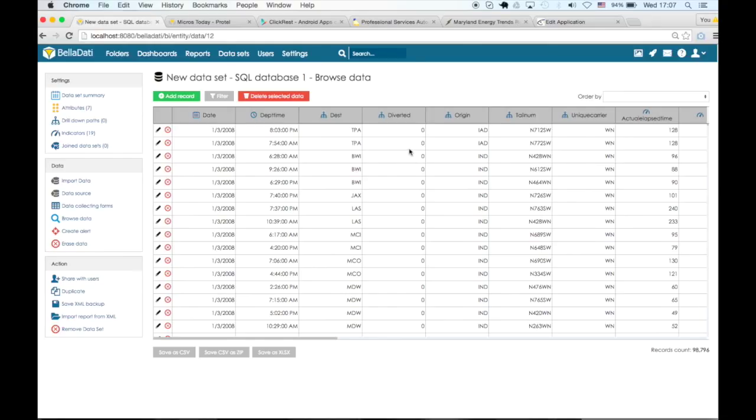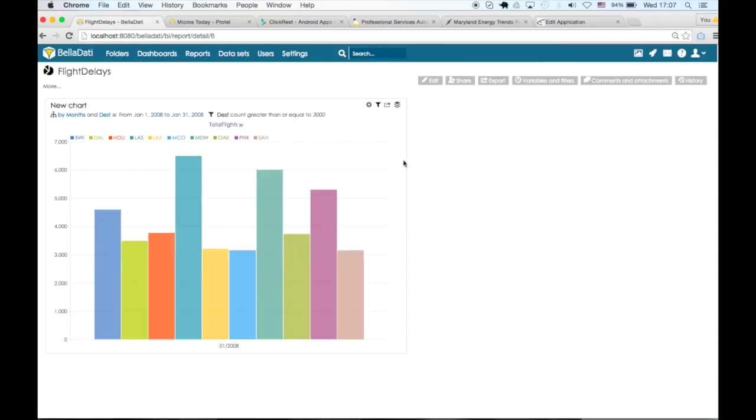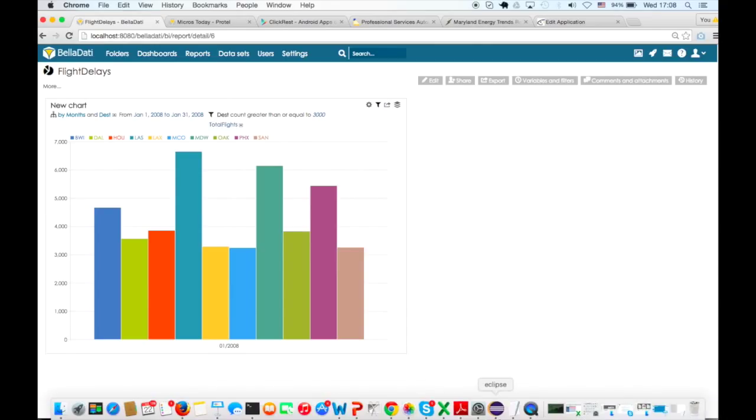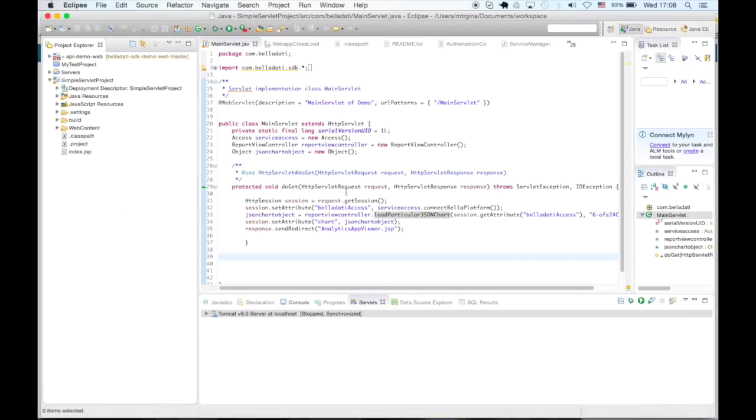So let's return to our flight delays chart. We will search for it in BellaDati. So we are back. This is our chart, and now I am going to show you how you can utilize the BellaDati SDK features. In this case, I developed some quite simple